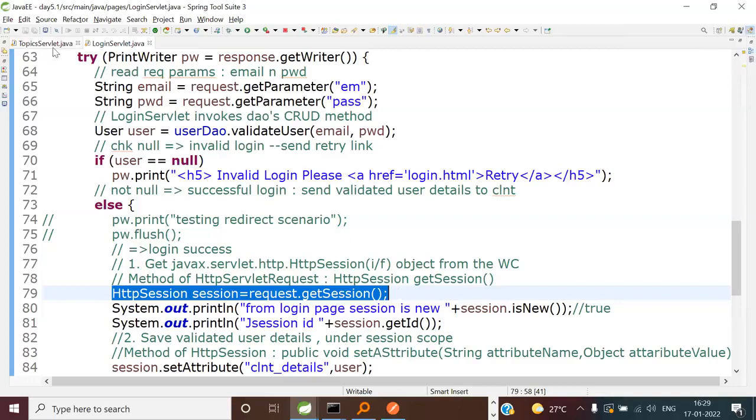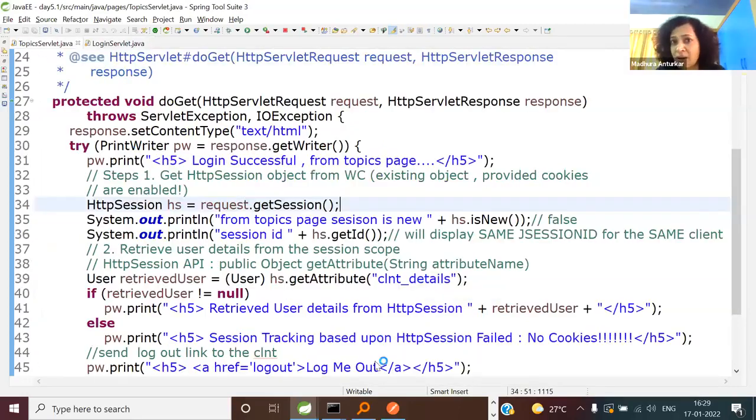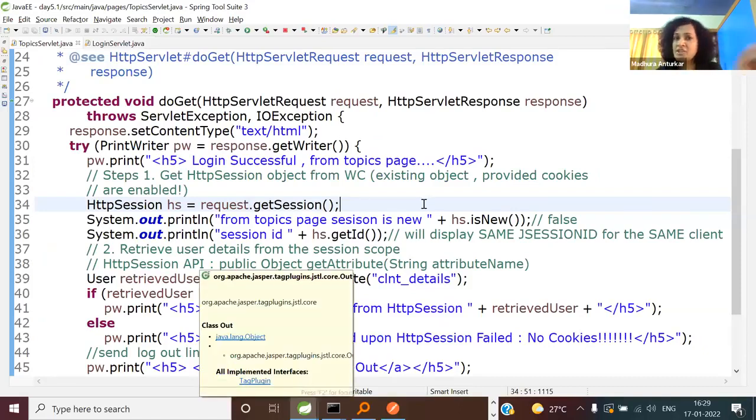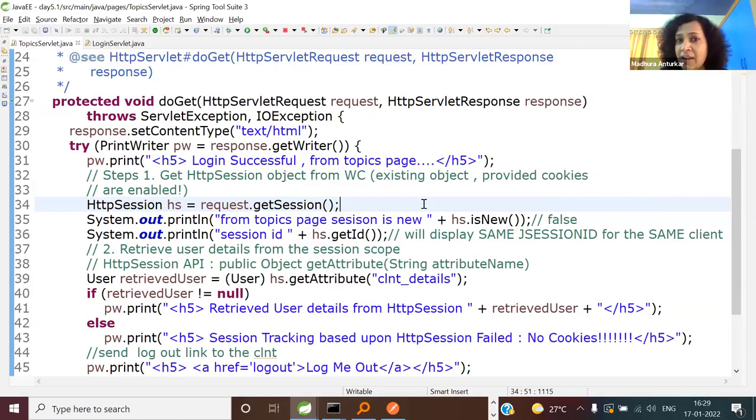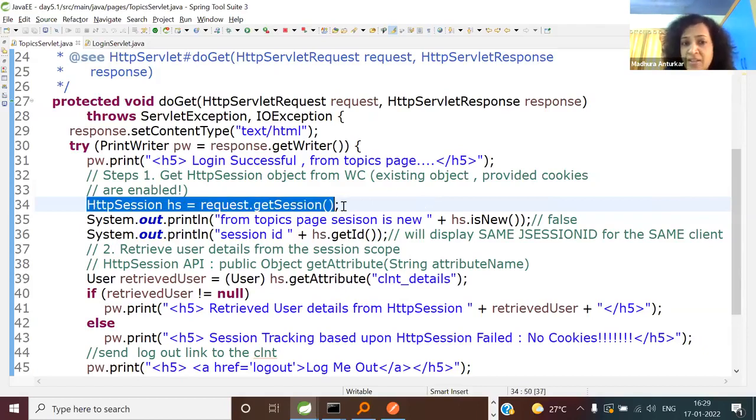आता ओके. हा सेम सेशन ऑब्जेक्ट तुला, as long as you are talking to the same client, तो जे सेशन आयडी, ओके, सेशनचा आयडेंटिफायर काय आहे? जावा सेशन आयडी, ती लॉंग स्ट्रिंग. ती तू कशी पाठवतोस? वेब कंटेनर इज सेंडिंग इट टू क्लायंट ब्राउझर इन फॉर्म ऑफ अ कुकी. सो जेव्हा क्लायंट ब्राउझर नेक्स्ट रिक्वेस्ट तुला पाठवतो, अँड व्हेन यू से रिक्वेस्ट डॉट गेट सेशन, वेब कंटेनर चेक्स इट इन द कुकीज, इट कॉल्स रिक्वेस्ट डॉट गेट कुकीज, आणि तिथून त्याला तो जे सेशन आयडी ची व्हॅल्यू मिळते. आणि तिथून त्याला कळतं की ओके, दिस जे सेशन आयडी म्हणजे दिस मस्ट बी मॅपिंग टू लेट्स से क्लायंट 1 और क्लायंट 2 और क्लायंट 3 असं.